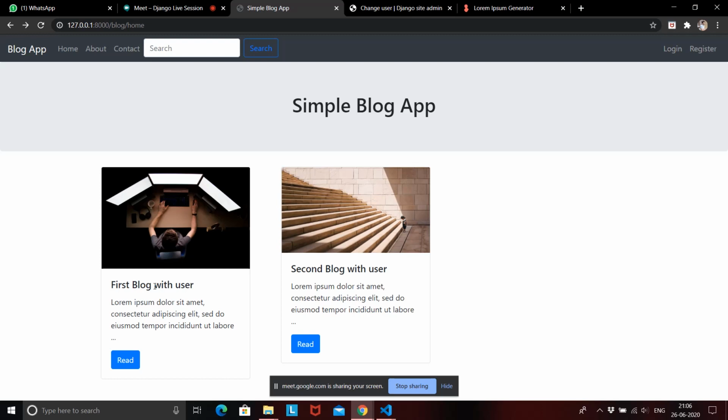Okay, so that is all for today, and we have successfully completed a simple blog app. In tomorrow's lecture I'll show you what more things you can do with Django, and how you can explore more about Bootstrap and Django also, what Django more provides, because there are a lot of things that we haven't seen. This was just a basic app.